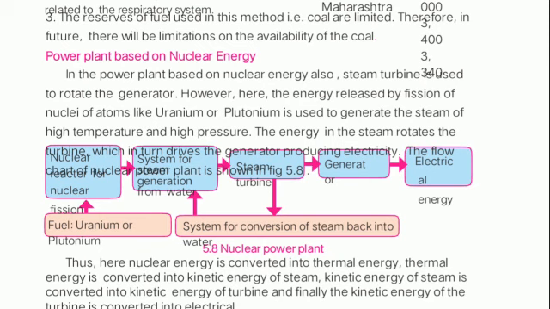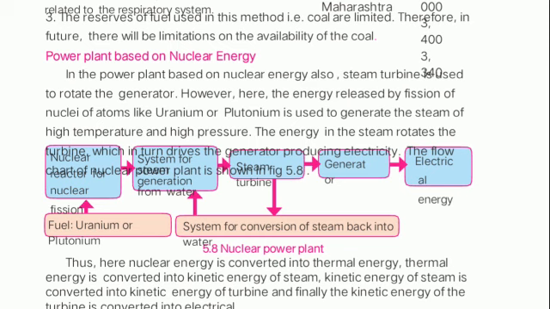Today, I am going to start another example of an energy generation plant, that is, a power plant based on nuclear energy. In the previous video, we covered the thermal energy generation power plant, in which we utilized coal as a fuel to heat up the water to get steam, and the steam was driving the generator, and that generator was rotating, due to which the electricity is generated.